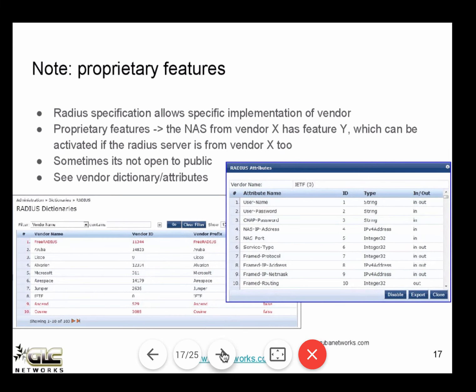Okay, so it's for customized service. Note that Radius is full of custom implementations of each vendor. To some extent, Radius has the same parameters that are supported by many vendors. For example, username and password, those parameters are standard. Otherwise, how can you log in?